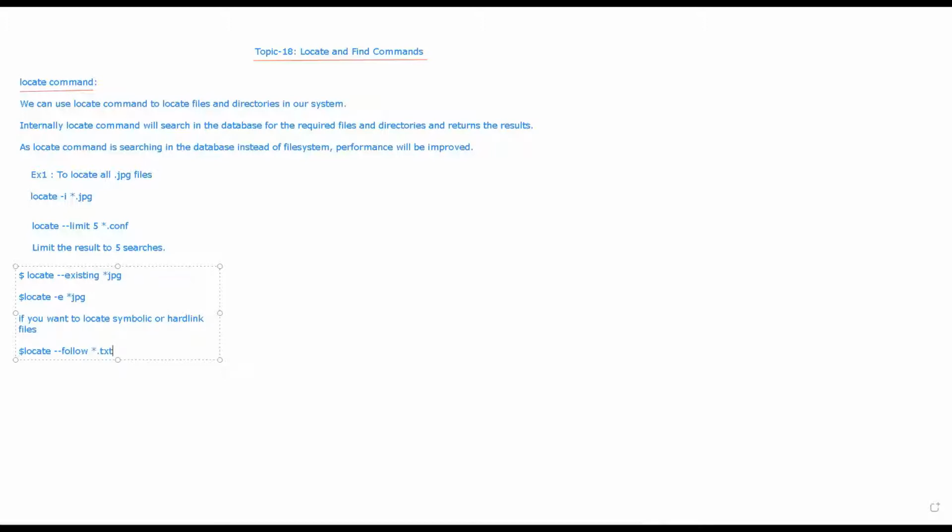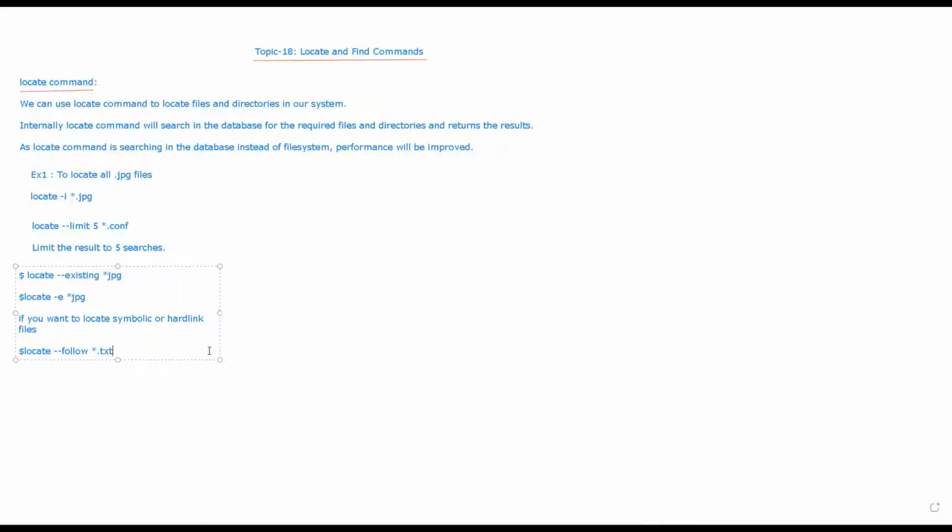But in the case of a hard link file, the inode number of the source file and the hard link file will be the same. So in some cases, if you delete the source file and want to locate such a file, you can use locate double hyphen follow and whatever file you want to locate.